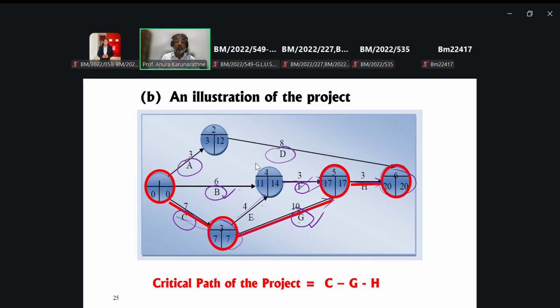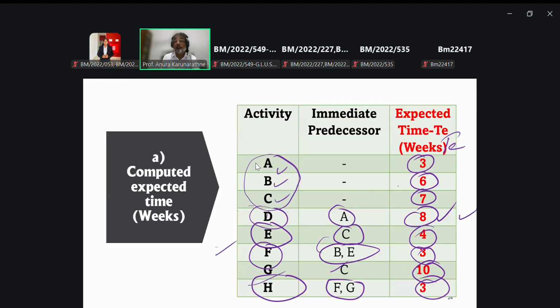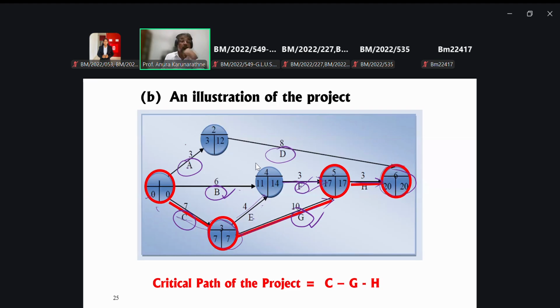So after doing that, our duty is to report the time, right? Starting from 0 as mentioned here, then we can report the time for each activity as computed: 3, 6, 7, 8, 4, 3, 10, and 3. So we can record time in this particular way, right? Now we can go for the